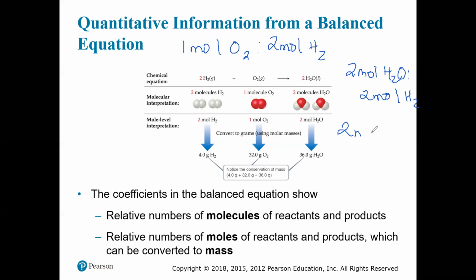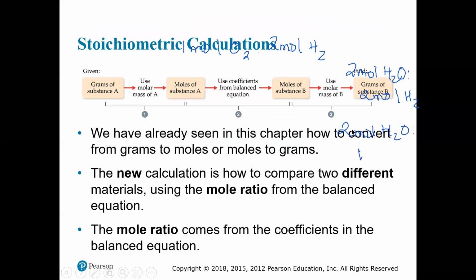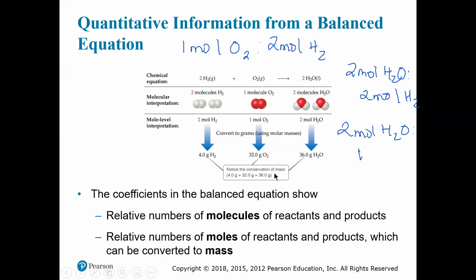Or for every 2 moles of water that I want to produce, I need to have 1 mole of the O2. So these coefficients that we've balanced, and know that there's an inferred one here, are a molar relationship,